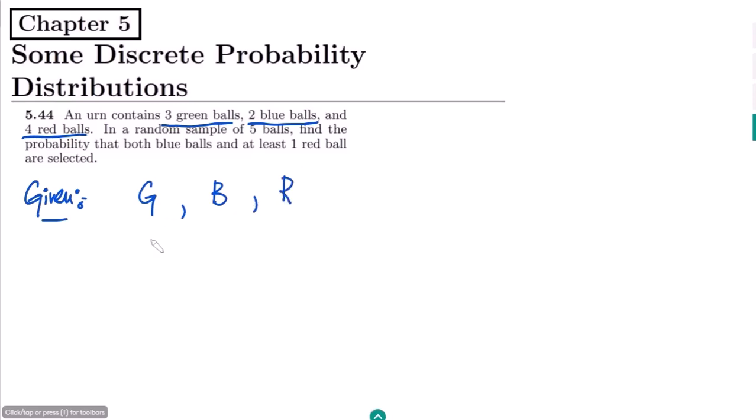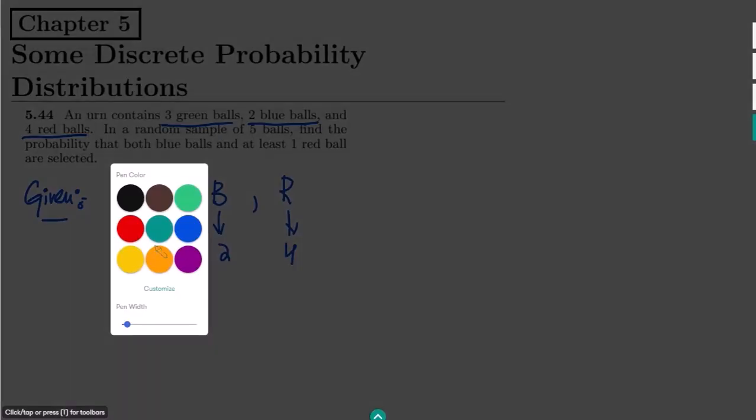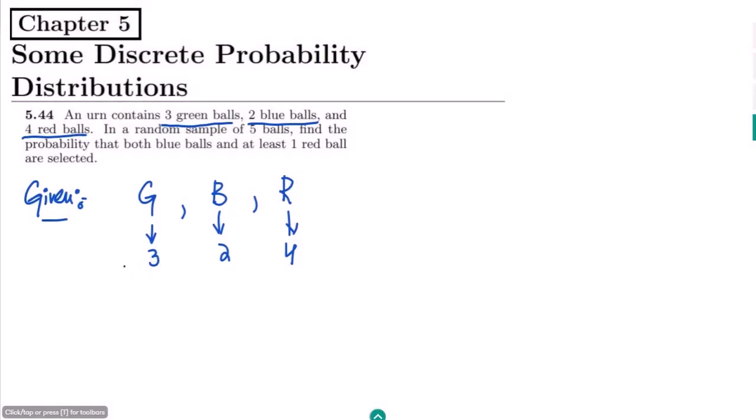The number of green balls is 3, the number of blue balls is 2, and the number of red balls is 4 in a random sample of 5 balls. Okay, so let us choose this one. If a random selection from it has been taken and we have selected 5 balls randomly from them,